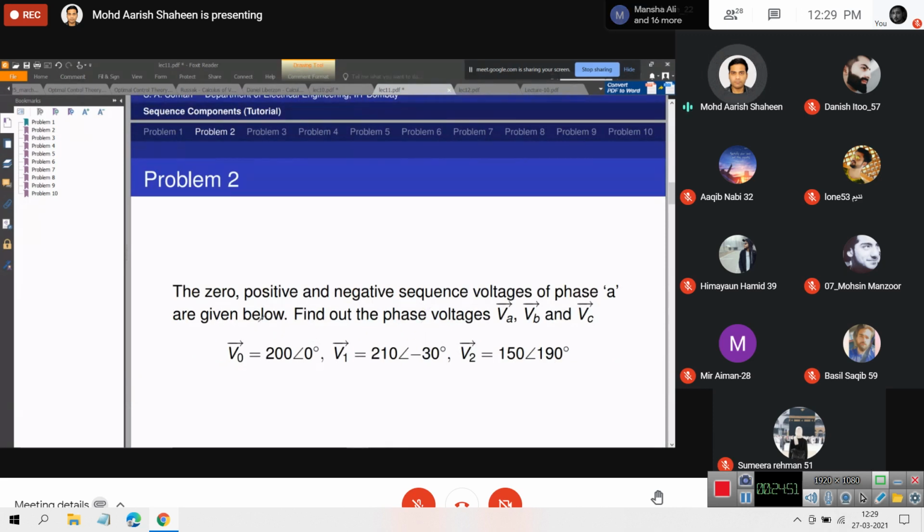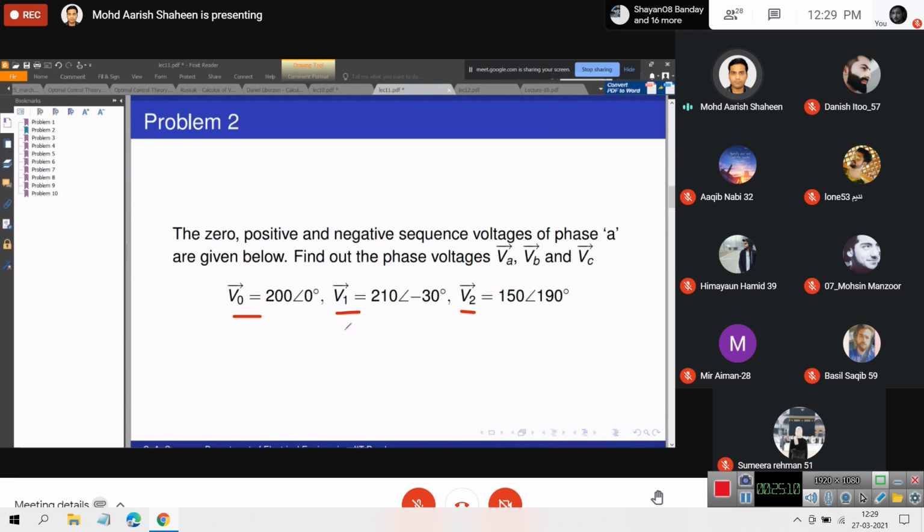This is a reverse question that has been given to you. We have been given the zero sequence, positive sequence, and negative sequence values of voltages, and we have to calculate the value of the phasor VABC. The first thing, anyway, math तो आप खुद ही कर लोगे. The first thing that you would recognize is normally in an ideal system, this positive sequence quantity should be present, and these other two quantities should not be present. If either zero sequence is present or negative sequence is present, it means that the system is not balanced.